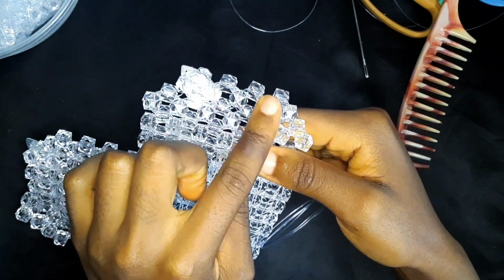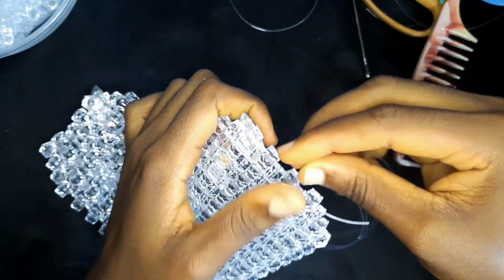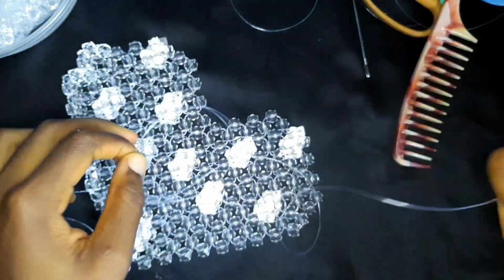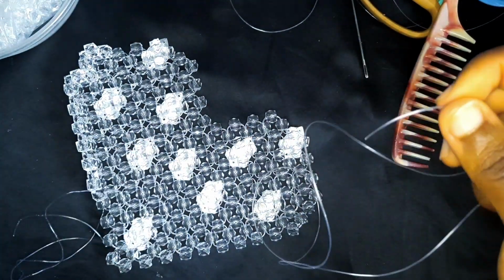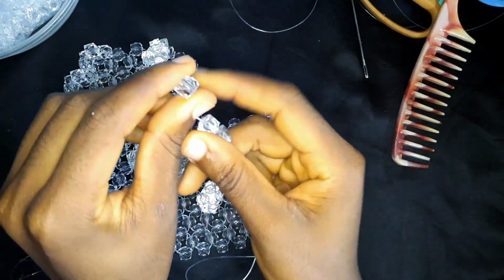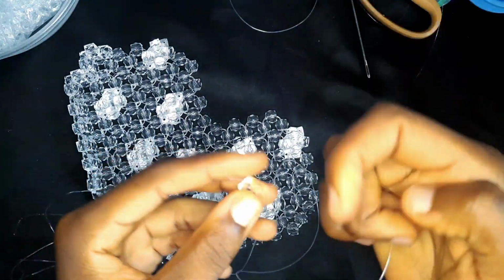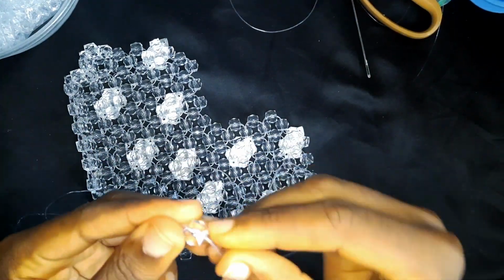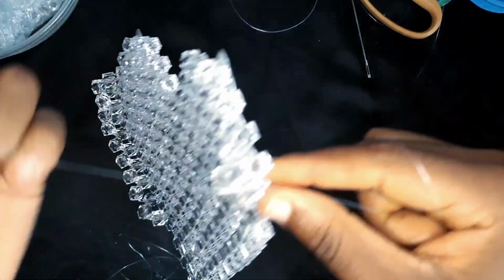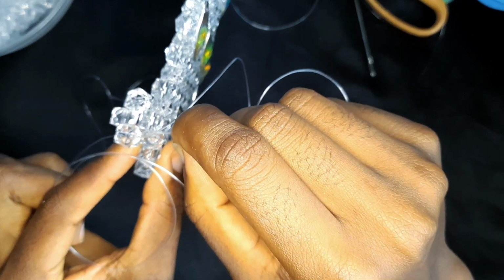With these 4 beads that we had here, I'm going to start with this last bead here. I'm going to pick up 3 beads. Just pick up 3 beads. Sorry about that. 3 beads and cross with the 3rd bead. So we are going to have like a standing row like this. Insert your fishing line into the following bead,